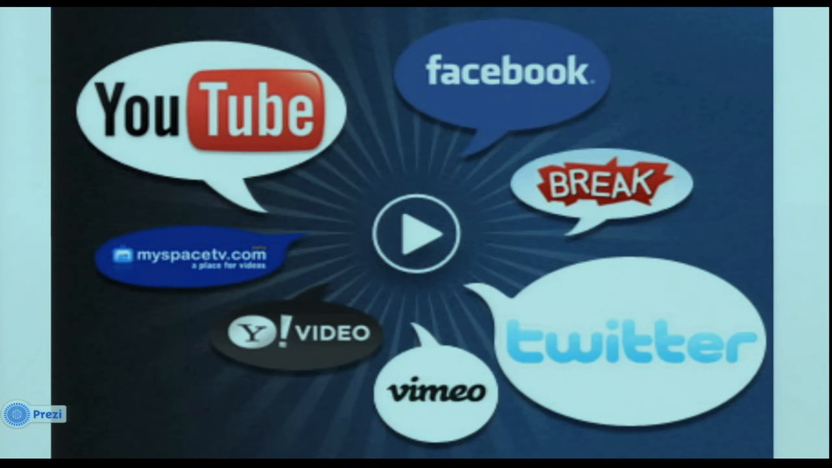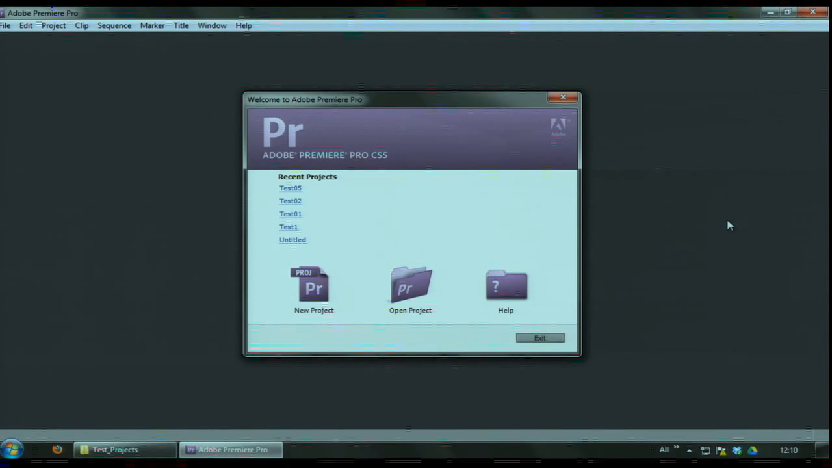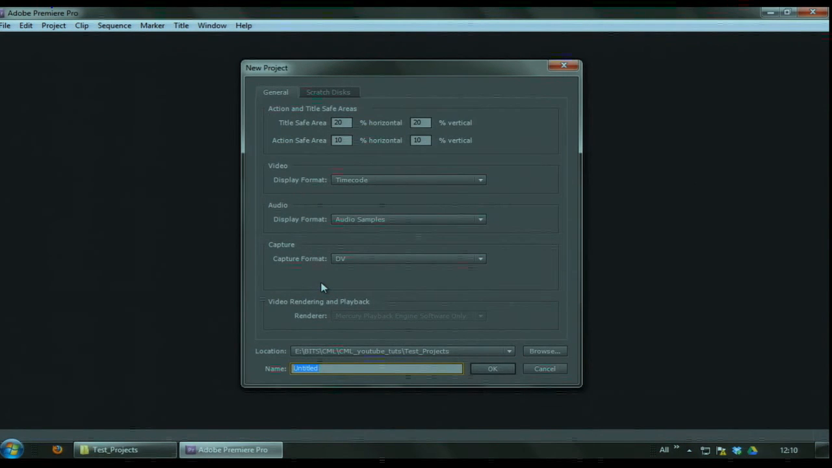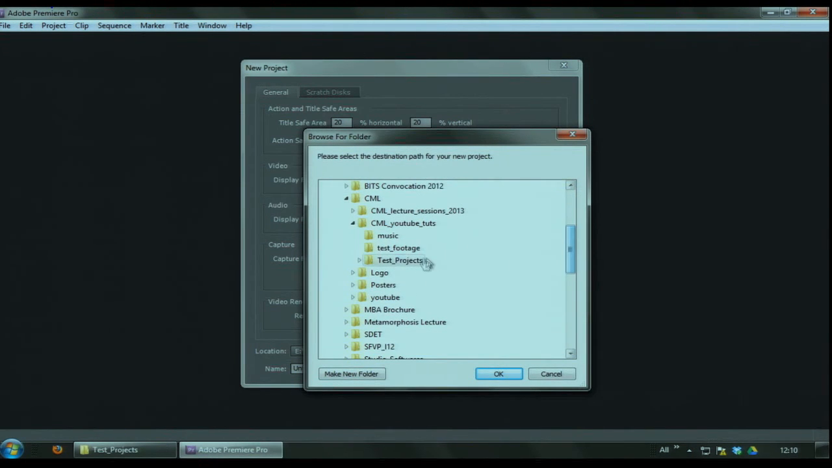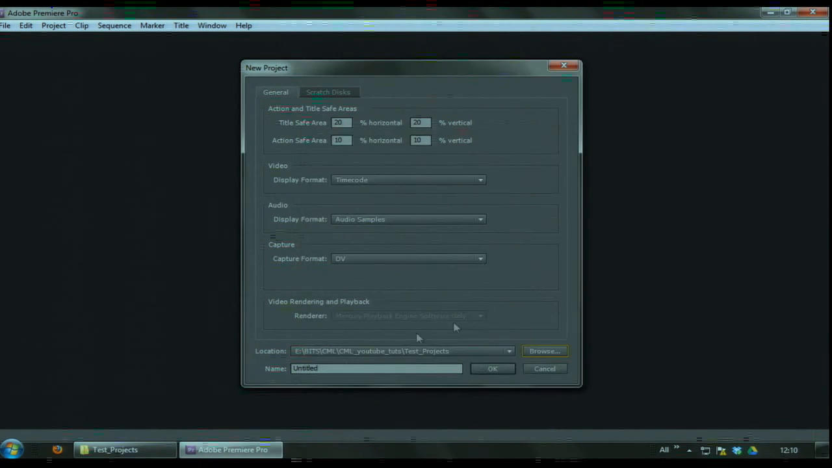So now I will just start a new project in Premiere Pro, and as soon as you open Premiere Pro, you will come to this particular window, and now I will go through the instructions that you will require. So I will click on new project, okay, and I will specify a location where I want to save all my projects. So I'll specify it here, and I will just call it test 06, anything like that, okay. I'll hit OK,